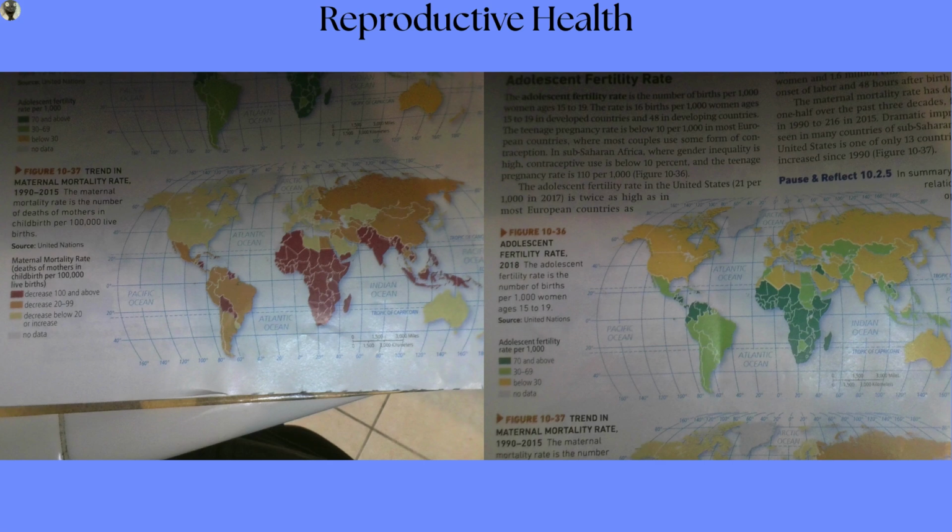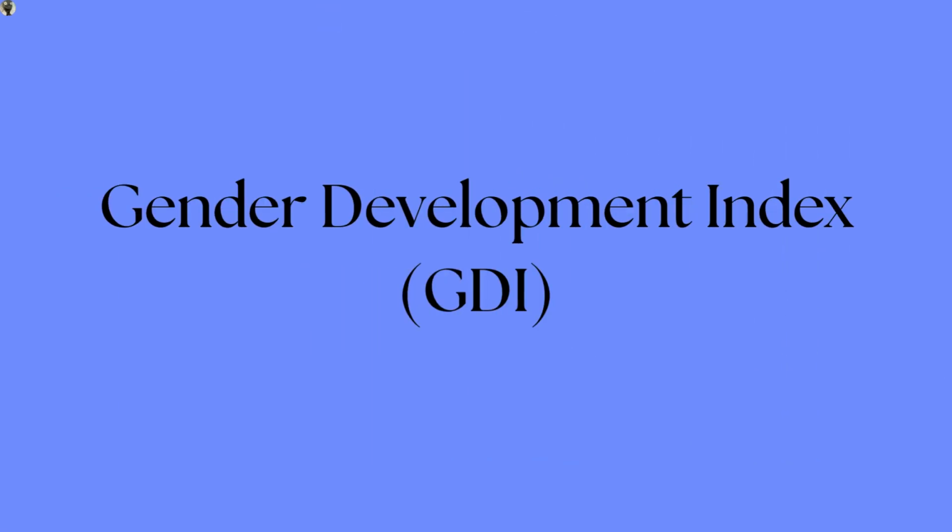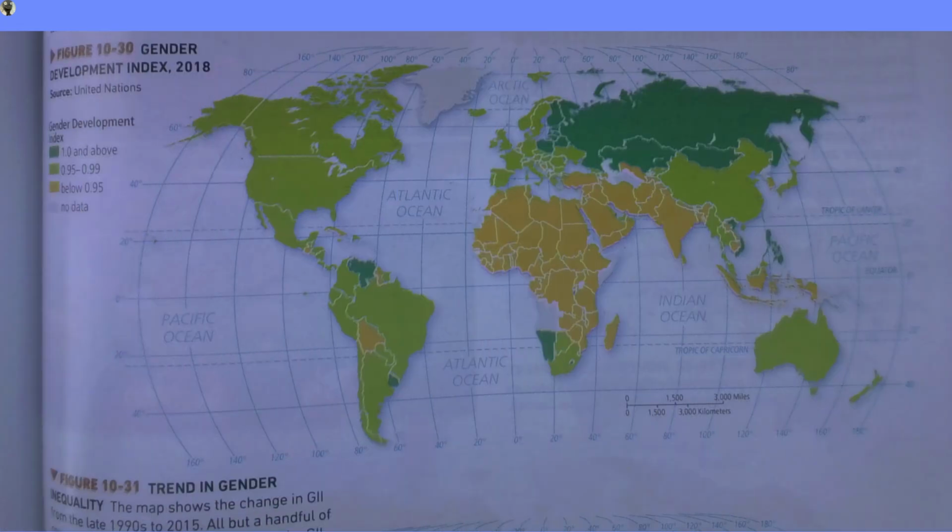Next, we will move on to GDI, which measures the gender gap in three sections: income, education, and life expectancy, similar to HDI. If both females and males had the same score, GDI would be 1. The overall score for females is 0.705, while for males it's 0.749, so it's actually surprisingly close. This map here, which measures GDI by country, also follows the same trends we saw with the other maps, with most of Africa and South Asia having the lowest scores.